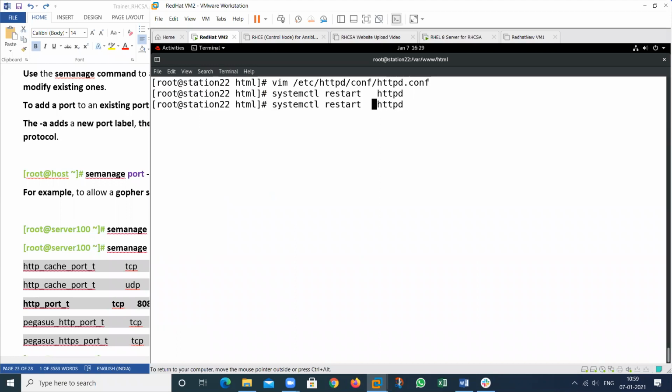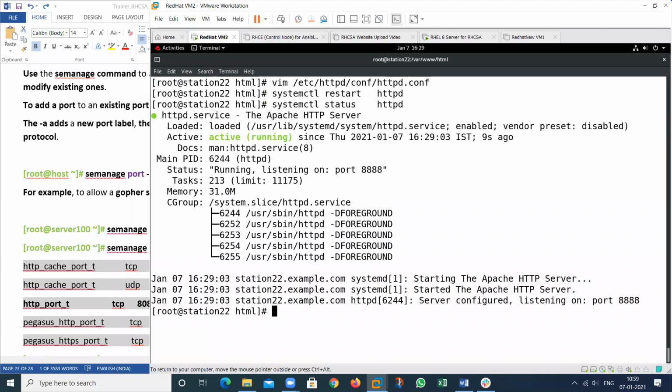Now check the status. This is started. Check the status now. See here, this is allowed by SELinux.